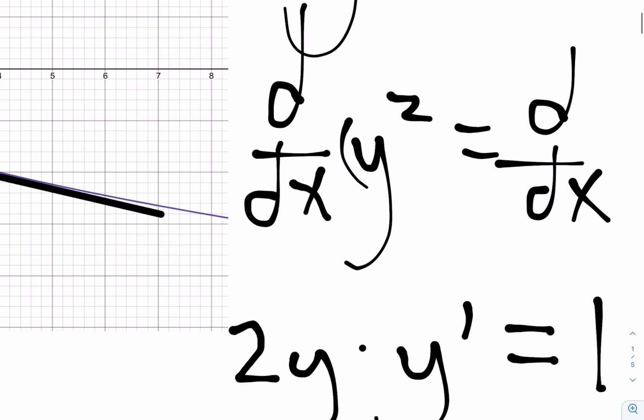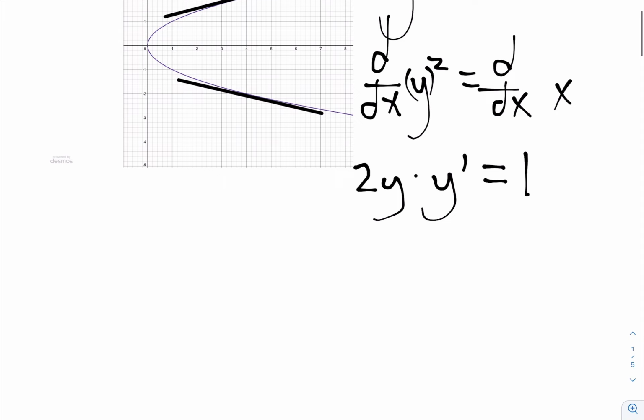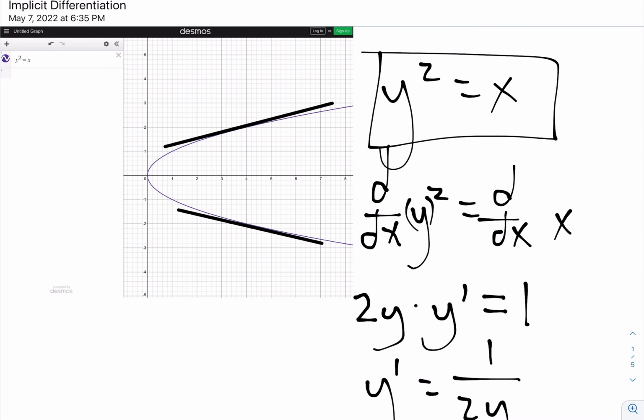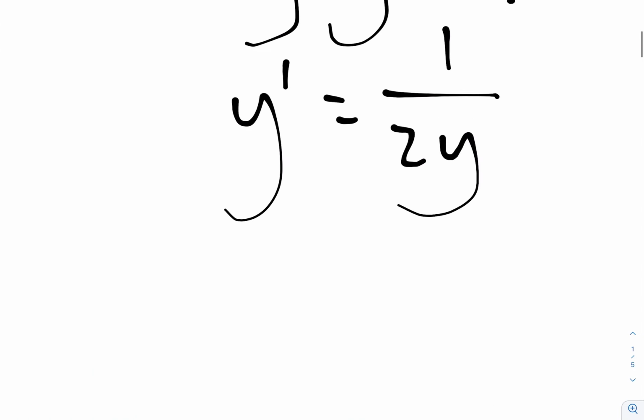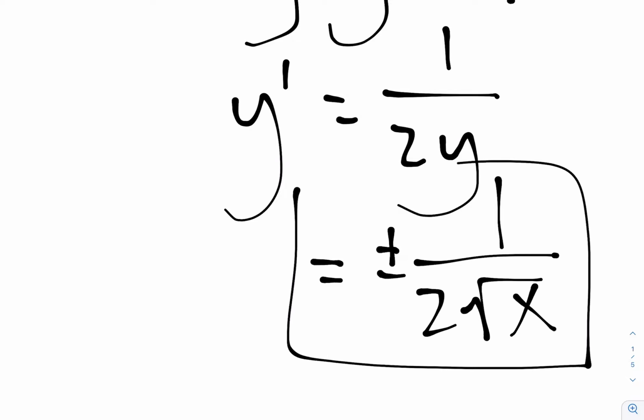We're taking this quantity y and we're squaring it. So y is our inside. So it's going to be 2 times y prime. So what y prime really is, if we divide by 2y on both sides, it's 1 over 2y. And what's y in our original equation? Well, if we square root both sides, it's just going to be plus or minus the square root of x. So this is really plus or minus 1 over 2 times the square root of x. This is what's going to give you